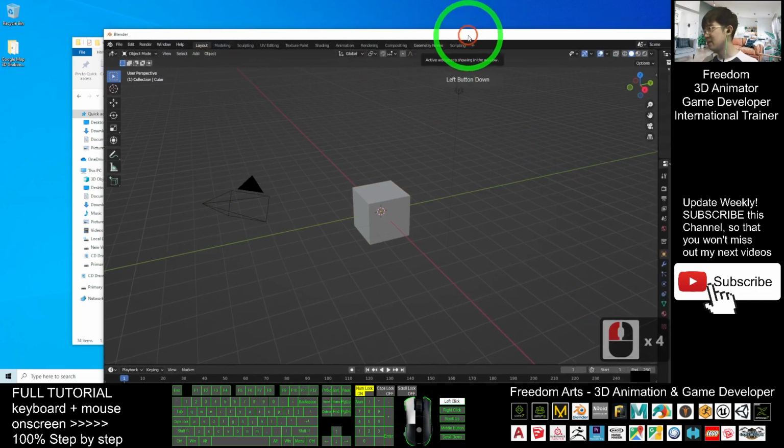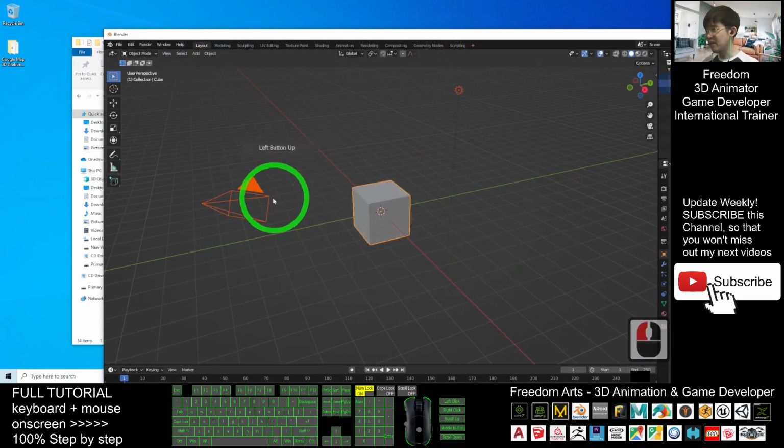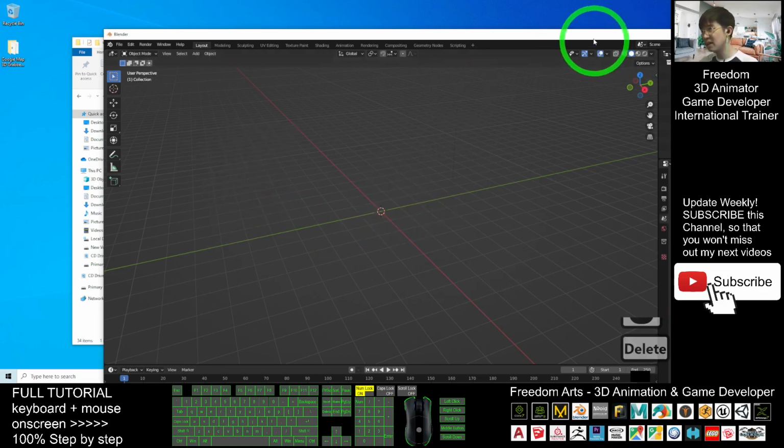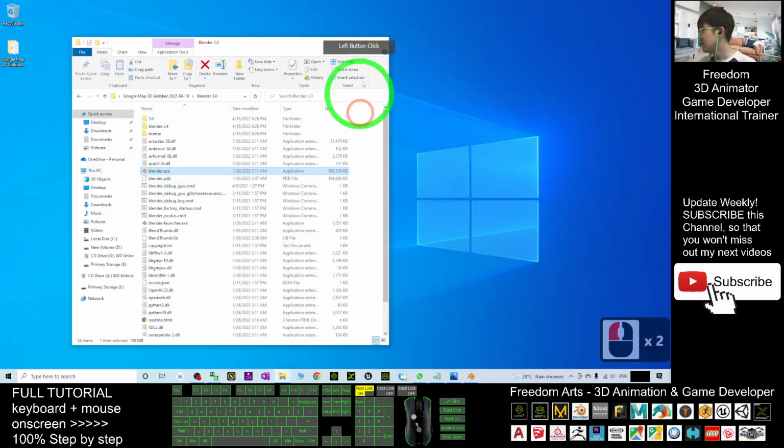Alright, next. The first thing you need to do is delete everything from here: the camera, the cube, and also the light. You press the delete button to delete them and stand by here. Next,